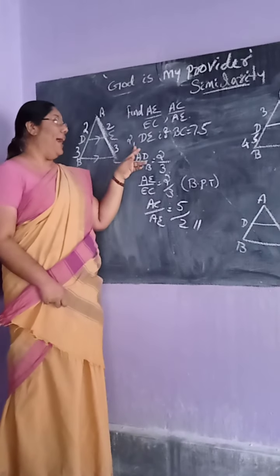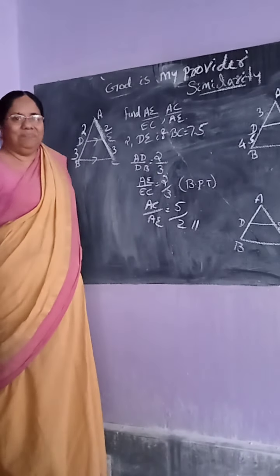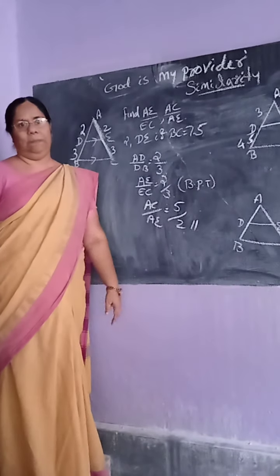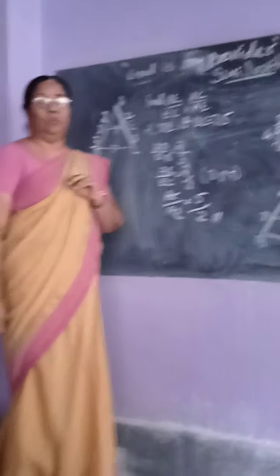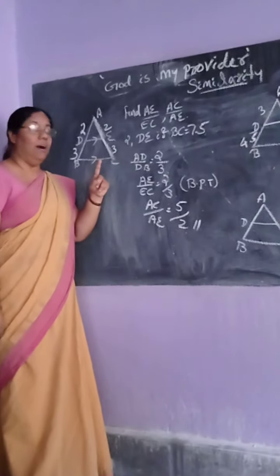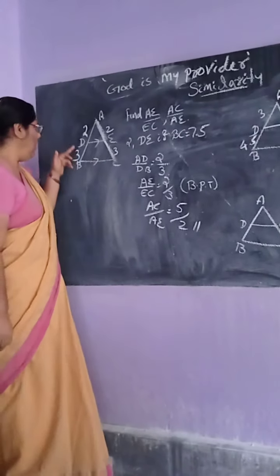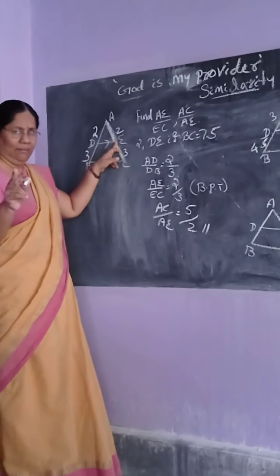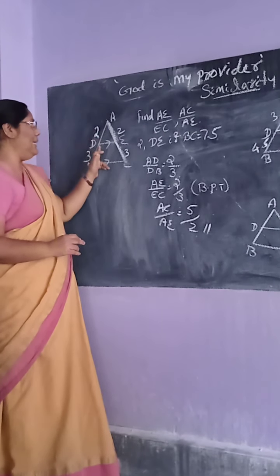Then what about the next part? Next part is find DE if BC equal to 7.5. That is very important. Understand? In the first two questions we apply BPT. But when you find this DE, first you have to prove that these two triangles are similar. For the third part, you have to prove that the triangles are similar. I will explain. All of you look at how to write. BC parallel DE given. Right? Take the triangles ABC and ADE.